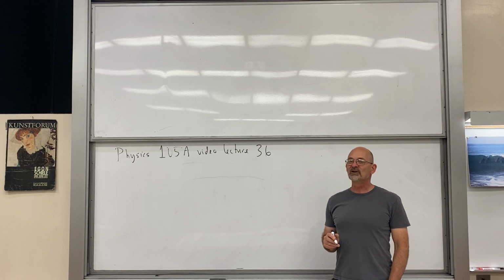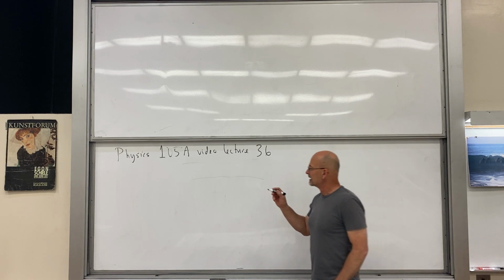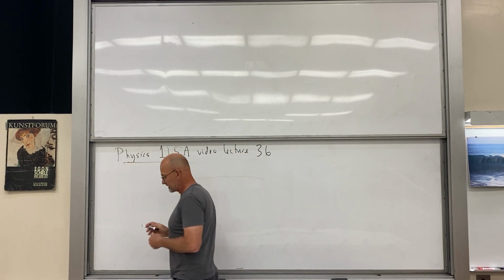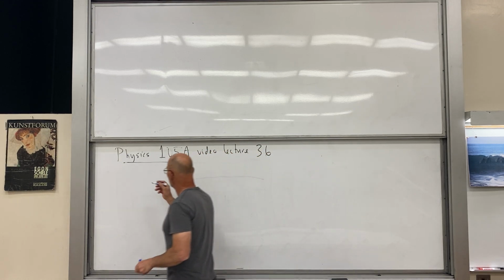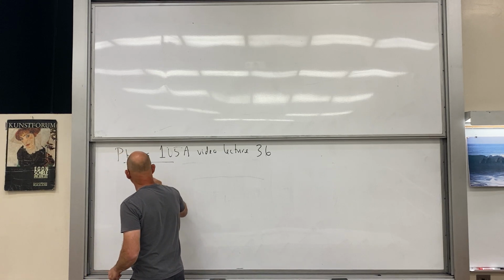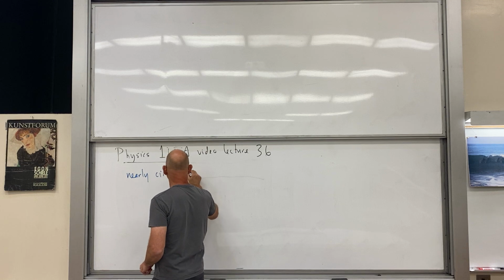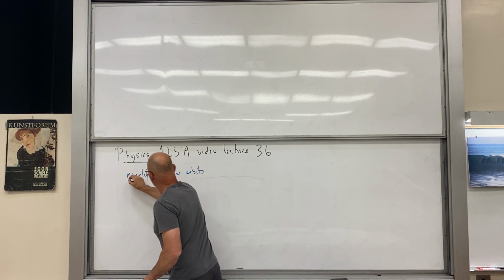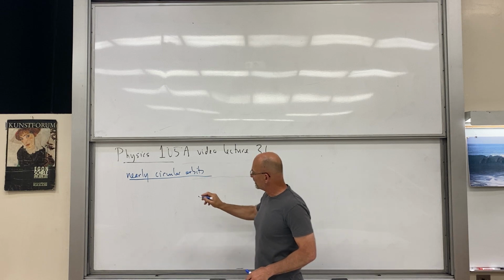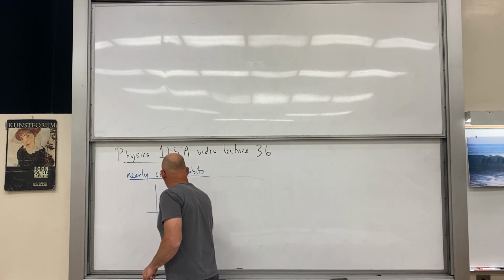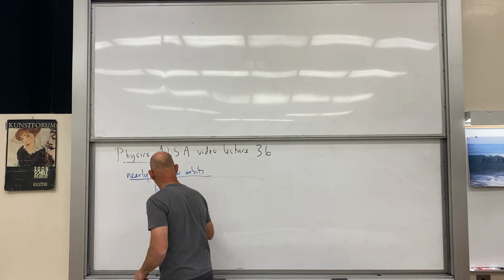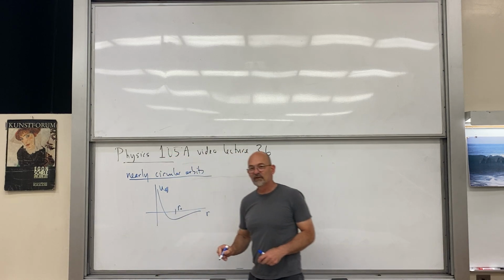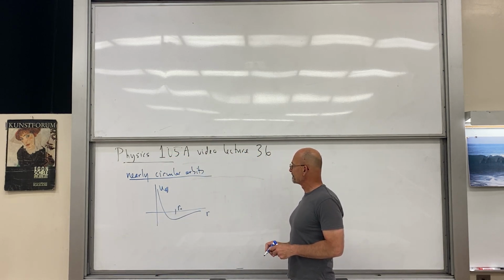So we're talking about nearly circular orbits, and let's go ahead and set this up. Okay, let's see if we get a better pen. So we'll start with the nearly circular orbit idea. Yeah, so when they're nearly circular, we were just doing our analysis with the effective potential. R0 represents the circular orbit, and